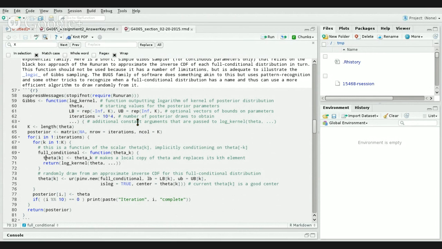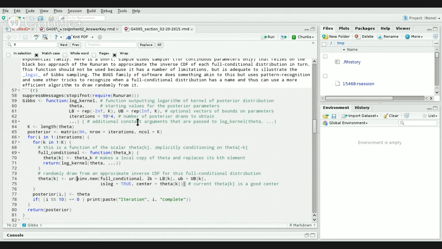And so inside the function, we'll just assign theta sub k to the kth element of theta. That's going to make a local copy of theta that we then pass to the log kernel function that we had previously defined. Then we use what we did on the homework with the uniroot function to approximate the inverse CDF of that unnamed